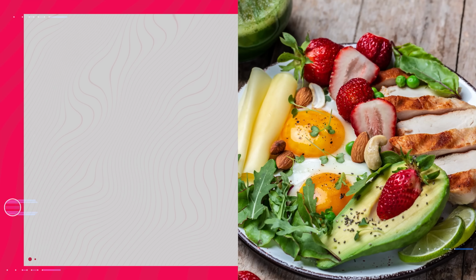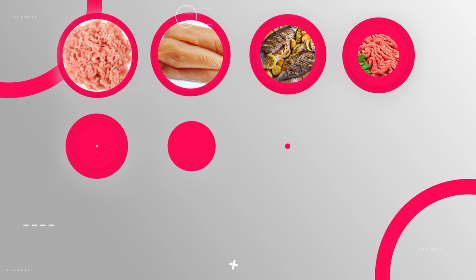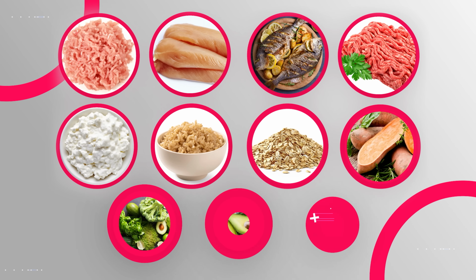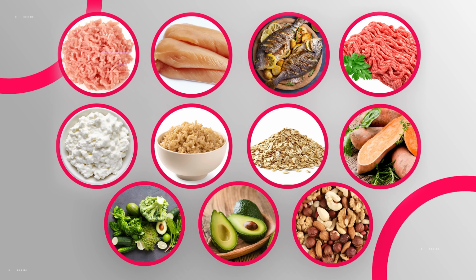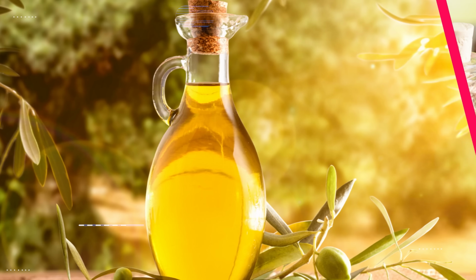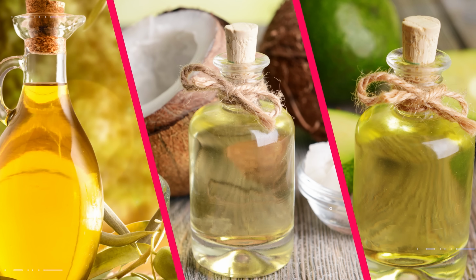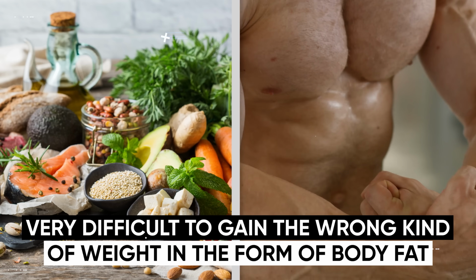To help ensure that you don't gain much body fat, you should be eating healthy sources of protein, carbs, and fats. Some of my favorite foods for building muscle include ground turkey, chicken tenders, fish, lean ground beef, cottage cheese, brown rice, oats, sweet potatoes, green vegetables, avocados, nuts, and healthy oils like olive, coconut, and avocado oil. With a clean bulking diet like this, it'll be very difficult to gain the wrong kind of weight in the